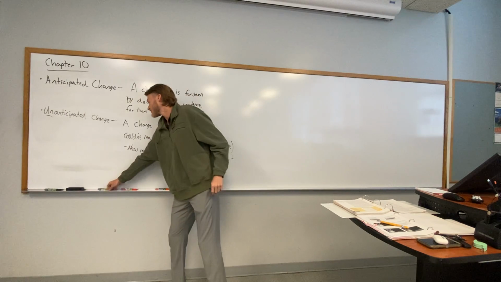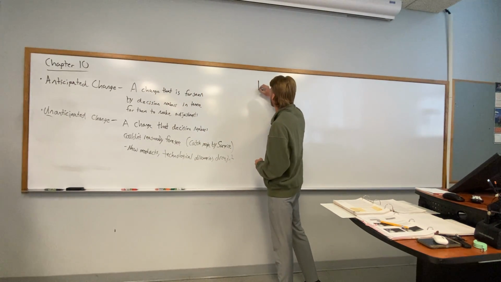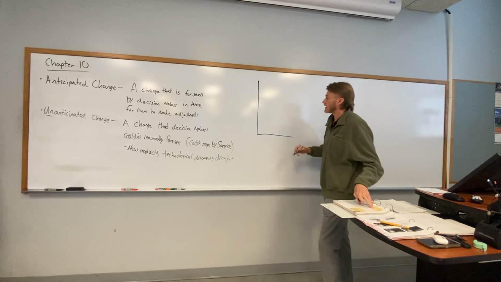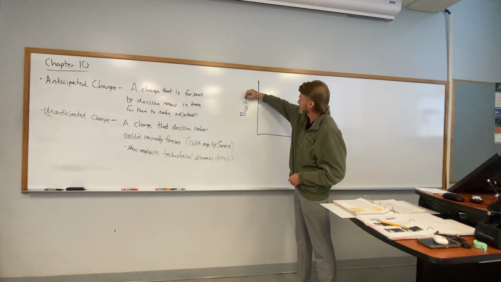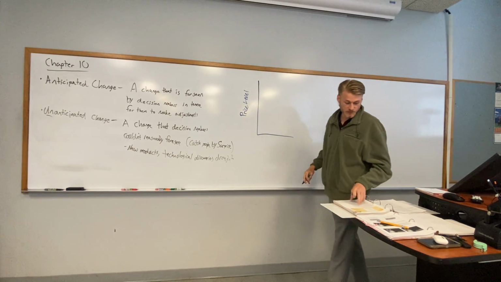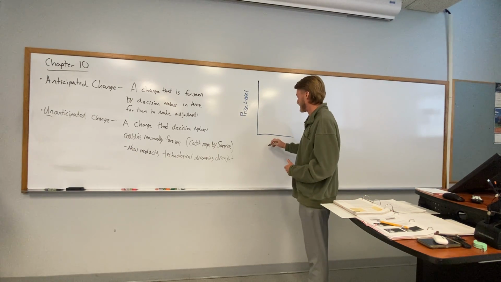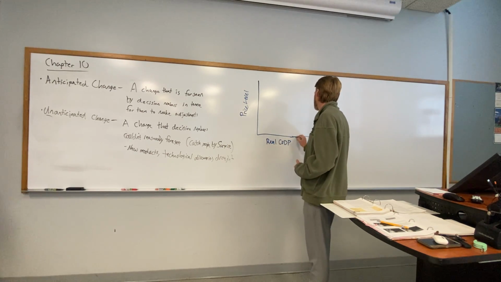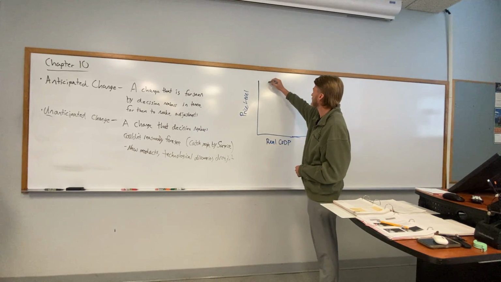Okay. So first, for the aggregate demand, we're gonna just start with the graph of what we're gonna be dealing with. So we're gonna be dealing with price level on our y-axis. And then we have real GDP, which is just finished goods. That's what aggregate demand is. So we have just real GDP, which is the total of all finished goods in our economy. Right? So then our aggregate demand curve is going to look something like this.